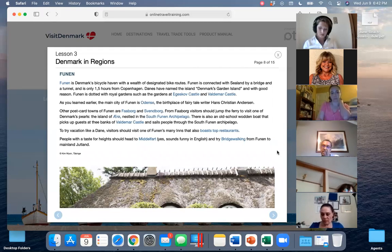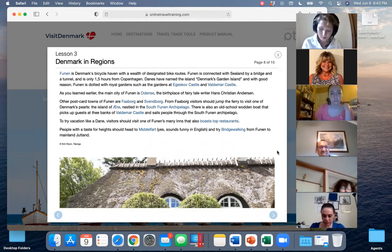Fyn is Denmark's bicycle haven with a wealth of designated bike routes. Fyn is connected with Zealand by a bridge and a tunnel and is only 1.5 hours from Copenhagen. Danes have named the island Denmark's Garden Island, and with good reason. Fyn is dotted with royal gardens such as the gardens of castles. As you learned earlier, the main city of Fyn is Odense, the birthplace of the fairy tale writer Hans Christian Andersen. Other postcard towns of Fyn are Faaborg and